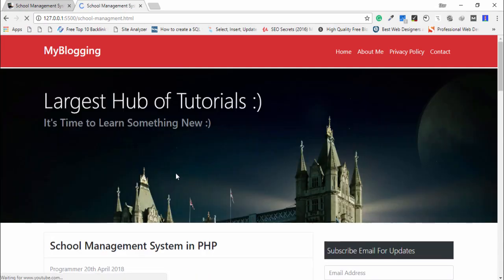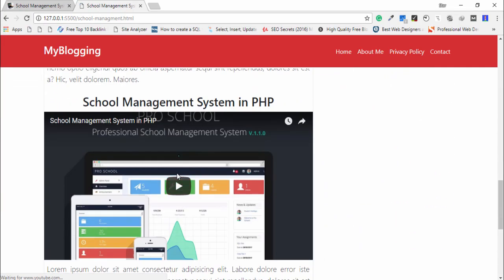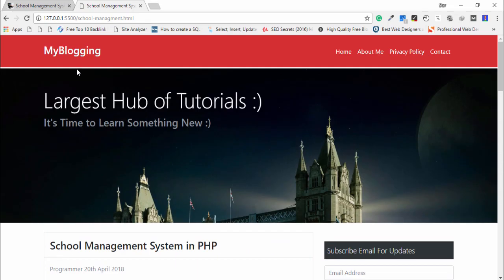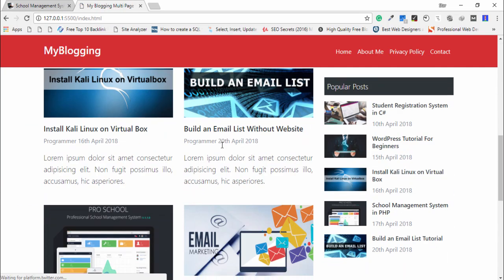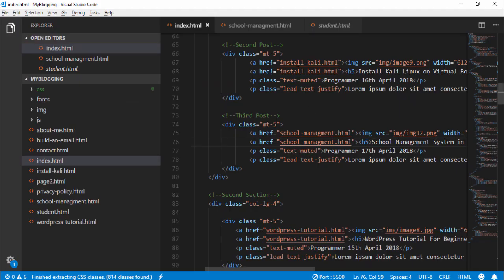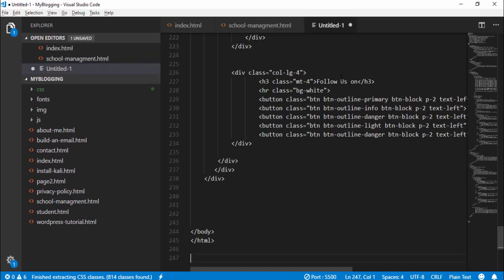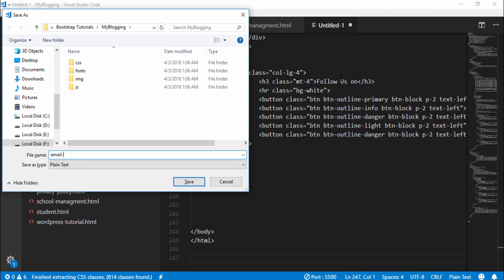Okay, click it, school management system, video and some content. Okay, now the last post name is email marketing. You need to copy the code like the school management one and create another file, paste here and save the file email marketing.html